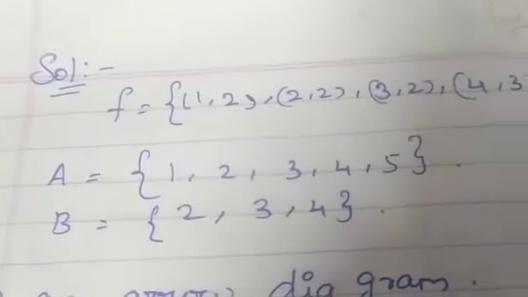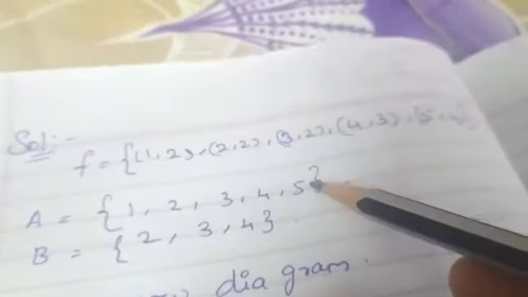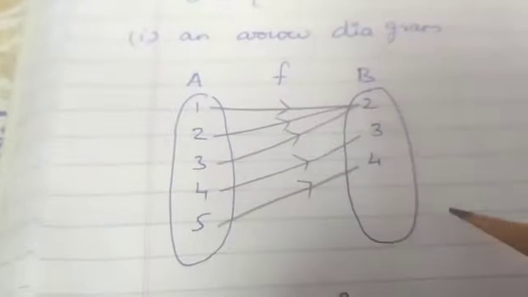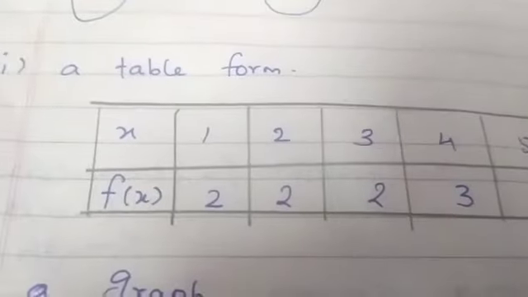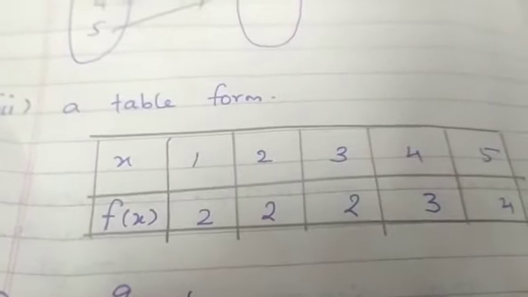So in the solution, first we are writing the A and B elements separately through the function. That is, the first elements of the function will be considered as the A set and the second elements will be considered as the B set. So the arrow diagram for this will be like this: 1, 2 and 3 will join to 2, 4 to 3 and 5 to 4 will be another two functions. And now we are representing it in tabular form, and then we'll go to a graph. So this is the graphical representation of that function. You can see (1, 2), (2, 2), (3, 2), (4, 3) and (5, 4).